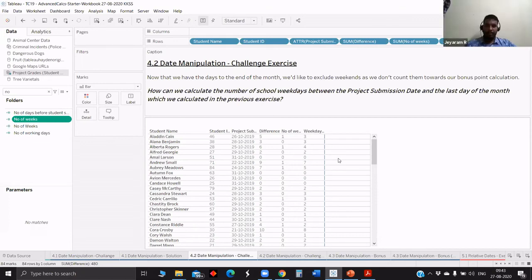If you use this formula, it's correct. He has submitted Monday and it's showing number of weeks as 0. So in between, there are no weekends, right? So Monday to Friday. Oh, Saturday we are considering that. Project submission date is on Saturday. Last day is Saturday, let's say. Okay. Right. So then we don't want to include that Saturday. Okay.